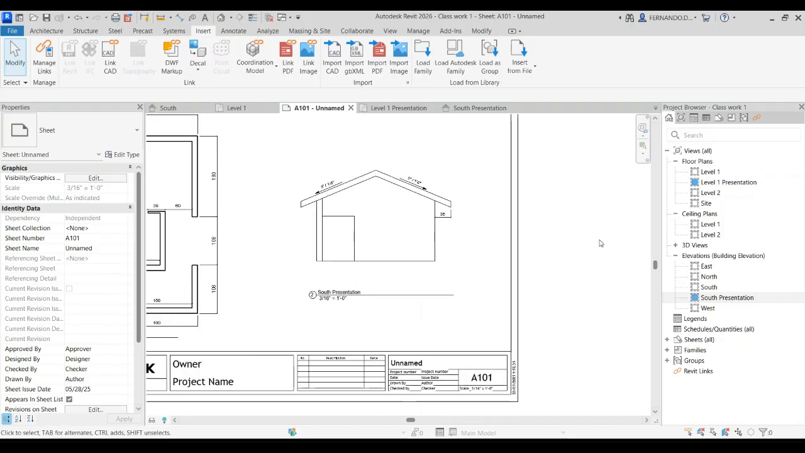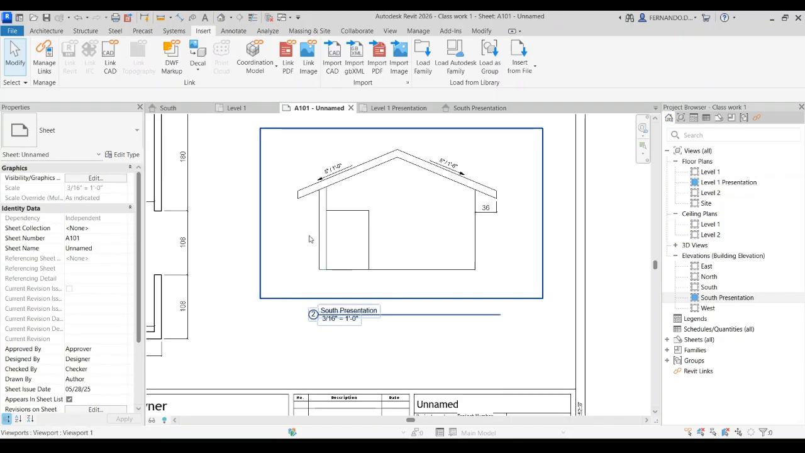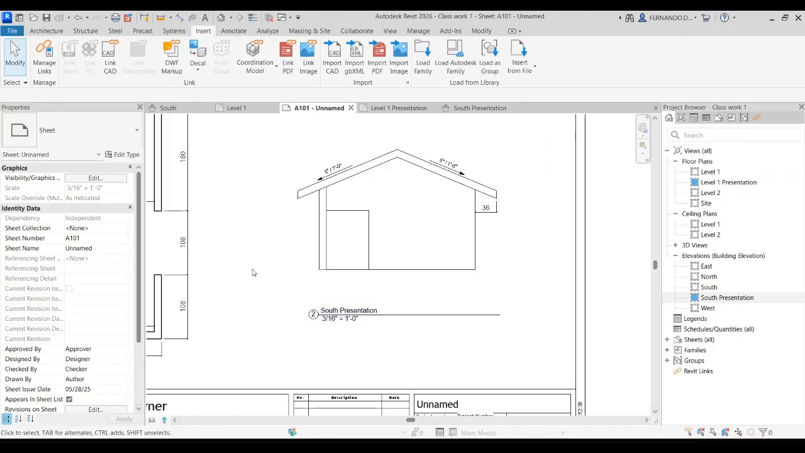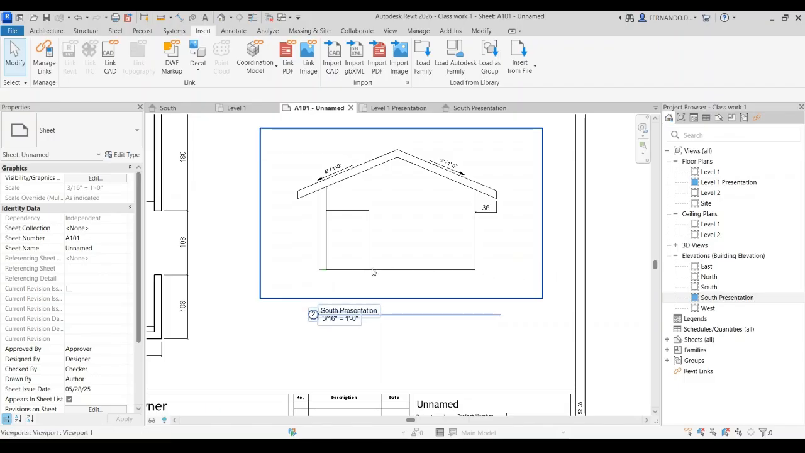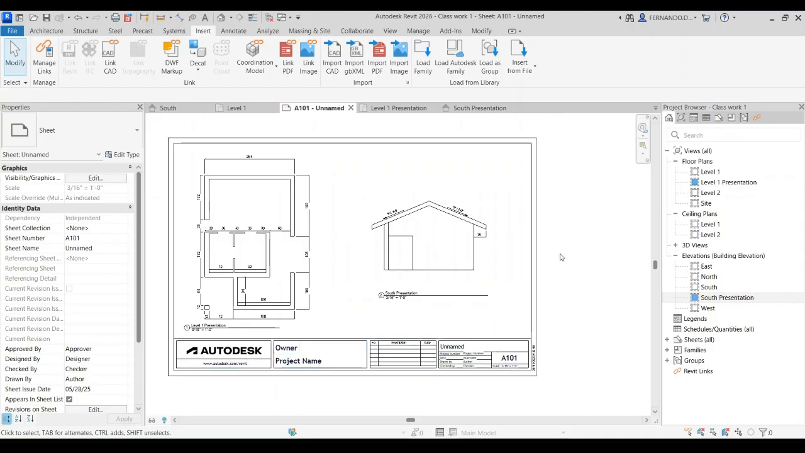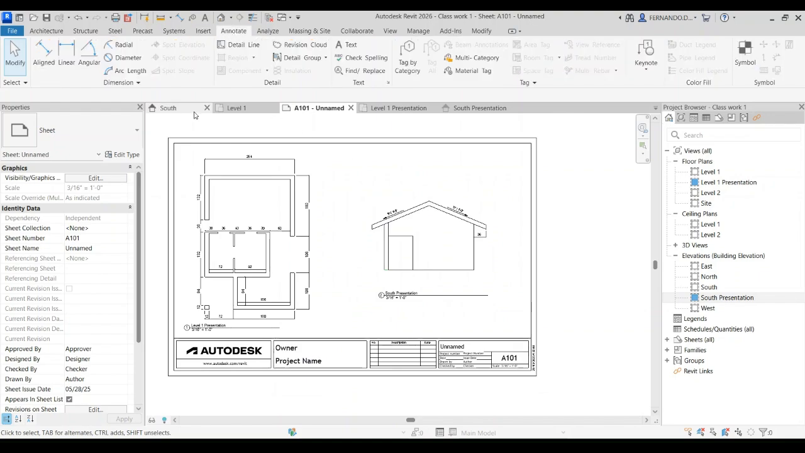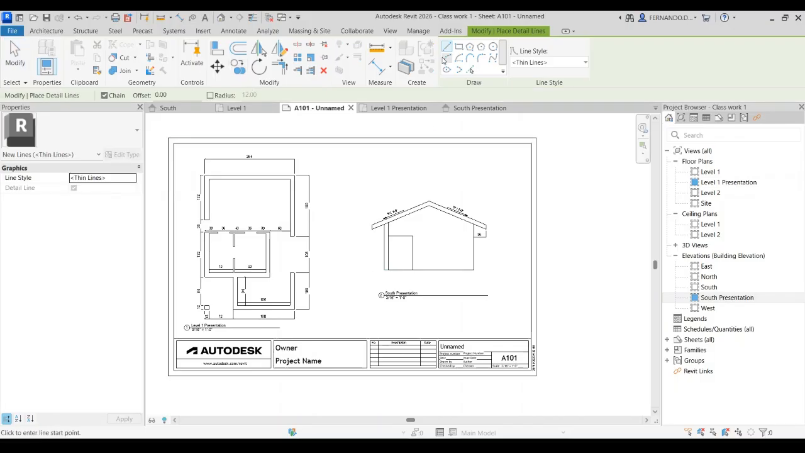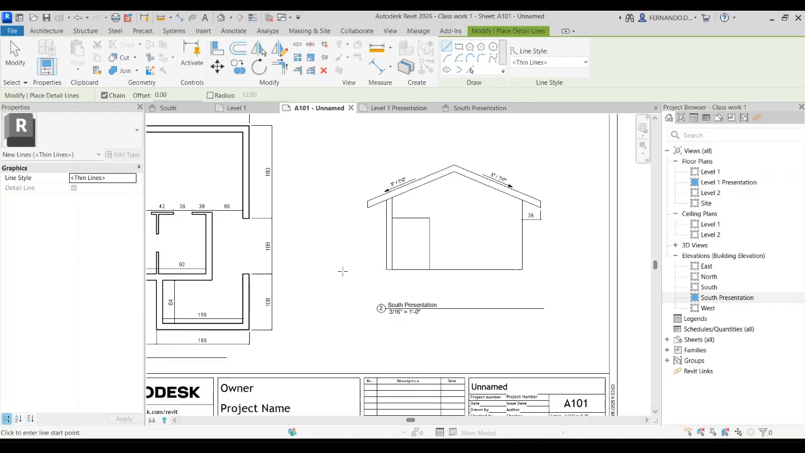So what's missing here? When we have the elevation we need a context, and the context is the ground floor line. Okay, so we need a thick ground line here. How can I do it? I think if we go to annotate and we go to detail line, I can just create a line